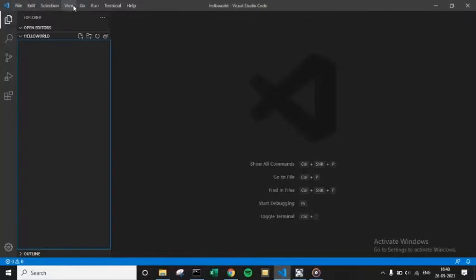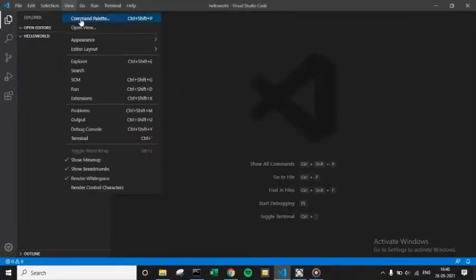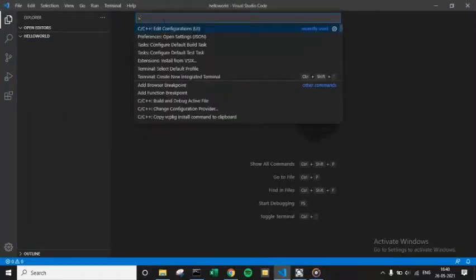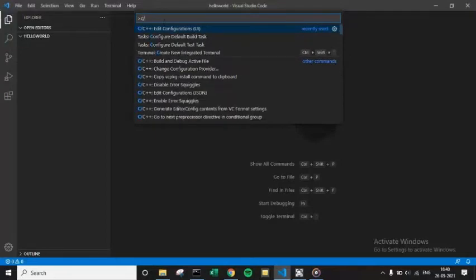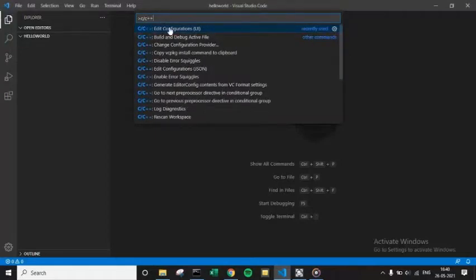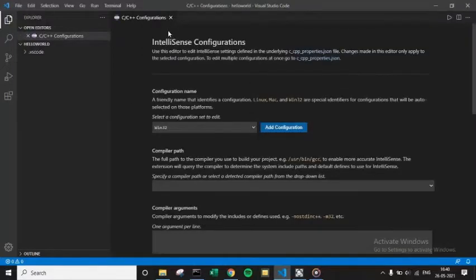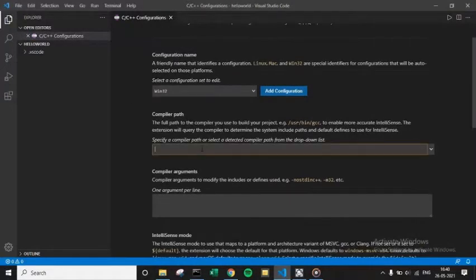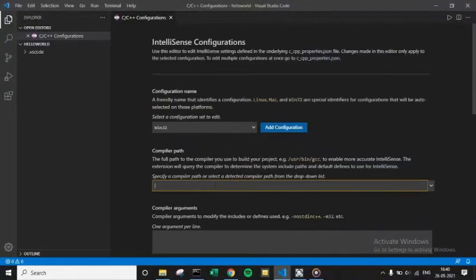Okay, first go to the command palette. In the view tab, go to command palette, type C/C++, and in the options displayed you should go for edit configurations UI. And here, what you mainly have to concentrate on in this whole page is the compiler path.